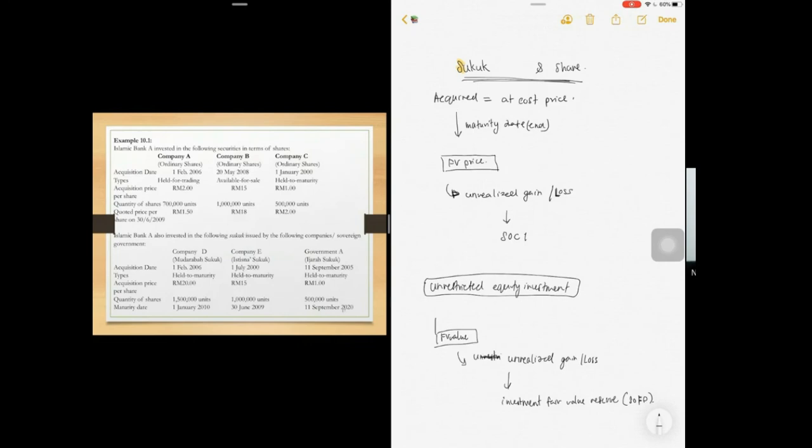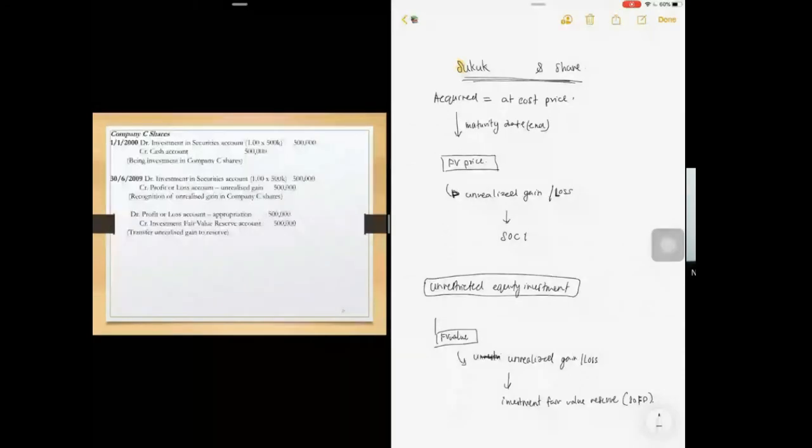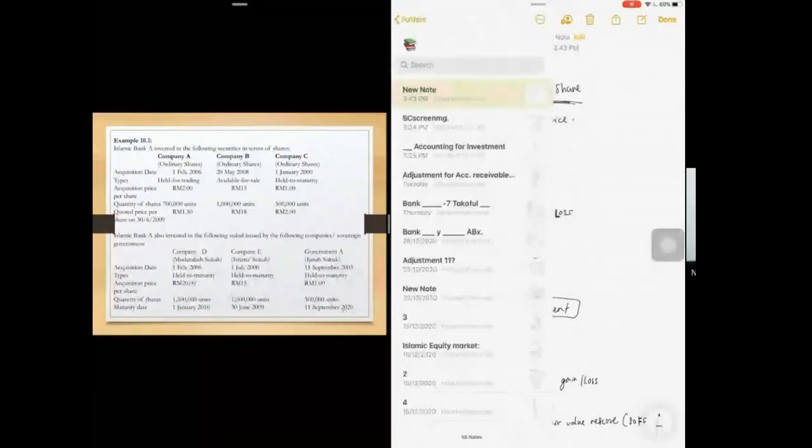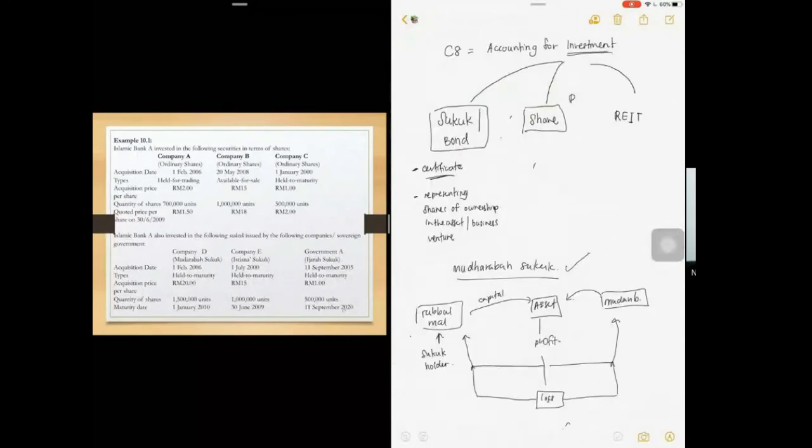Okay, so ini dah masuk example. Macam saya cakap, example ni saya tak nak masuk lagi sebab dia panjang. So macam kena ada satu kelas untuk explain dia punya example saja. So itu saja on report. Oh kan saya cakap ada satu kan, investment ni ada 3. Suku kita buat overview lah belum habis lagi. Tapi untuk hari ni kita dah belajar on suku, the first types of investment. Kita dah belajar on share.